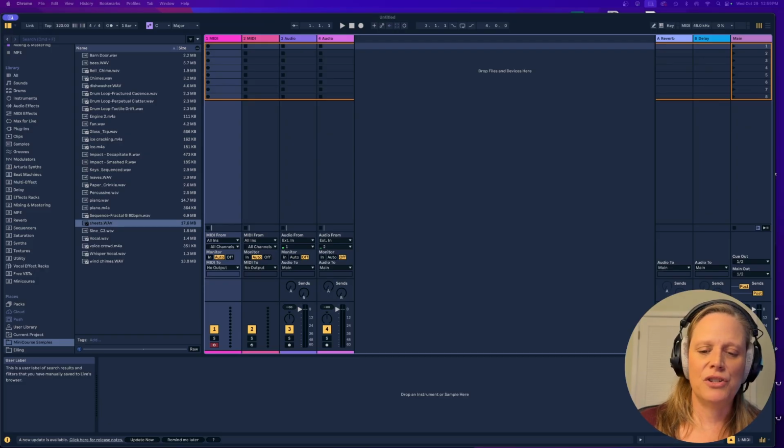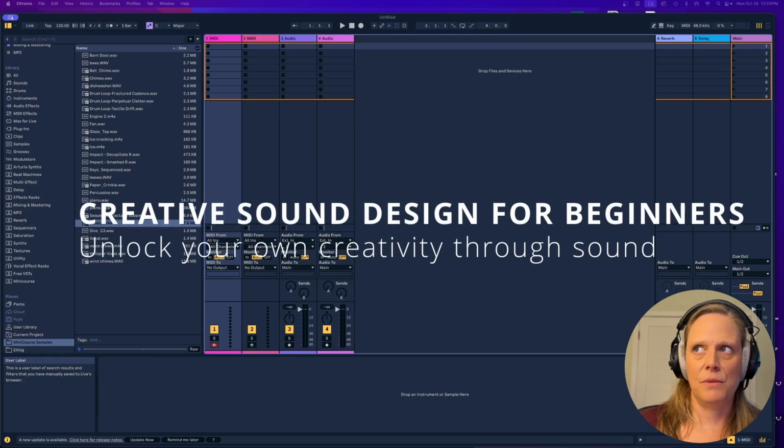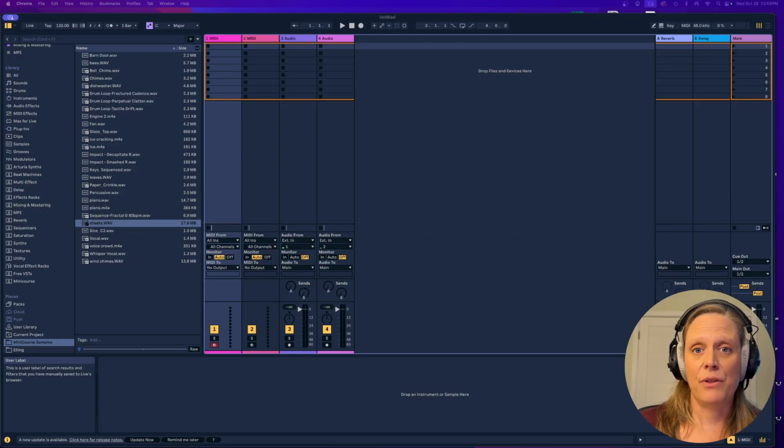But what's cool is you can build an arsenal of tools that could be used in ways that you wouldn't have thought of. So it's always cool to have those and try them out and play around with them, because things will show up and you'll be like, oh yeah, I have that. I could use this in this track I'm working in, or this gives me another idea. So it's nice to have a lot of different types of sounds to work with